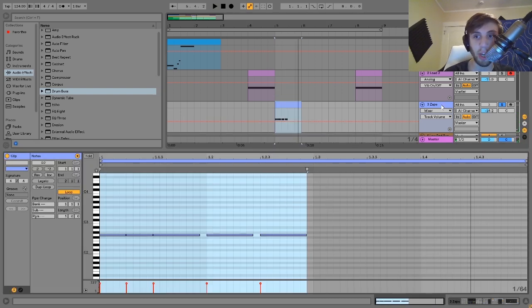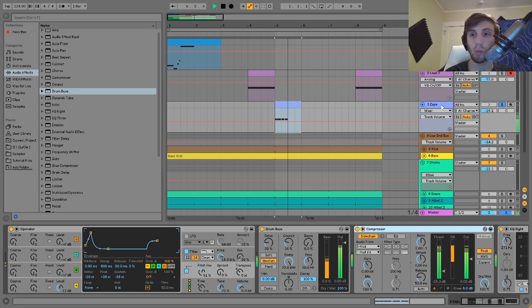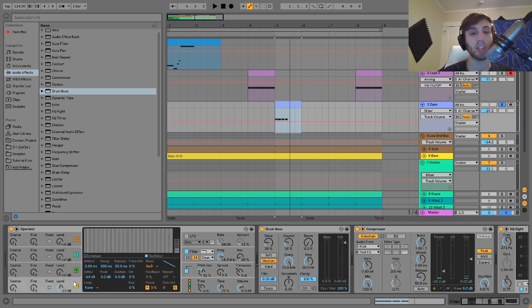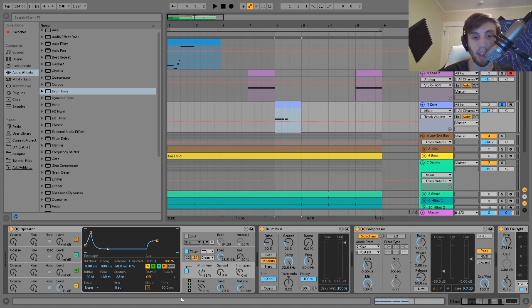So yeah, you can see this one's just going do-do-do-do-do. This is actually a really simple sound. You can see it's just one oscillator in operator. I've just got a saw wave here, and it's going into a pitch envelope. And so the pitch envelope, as you would probably imagine, is what's causing the zap. If I turn this off, it's just da-da-da-da-da. But when you turn it on,